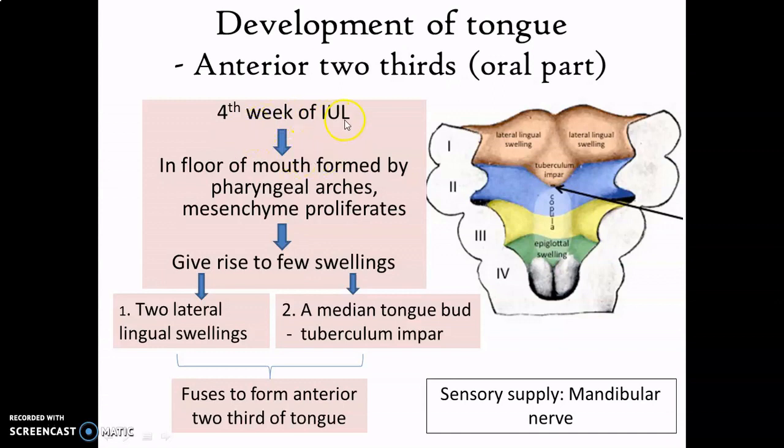And by 4th week of intrauterine life, in the floor of the mouth, which is formed by pharyngeal arches at that time, there is proliferation of underlying mesenchyme, which gives rise to a few swellings. One swelling present is known as tuberculum impar. It is the fusion of these three swellings that results in the formation